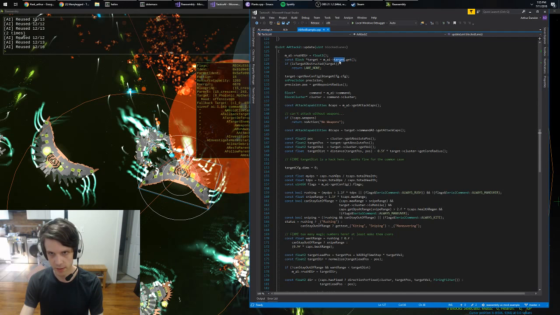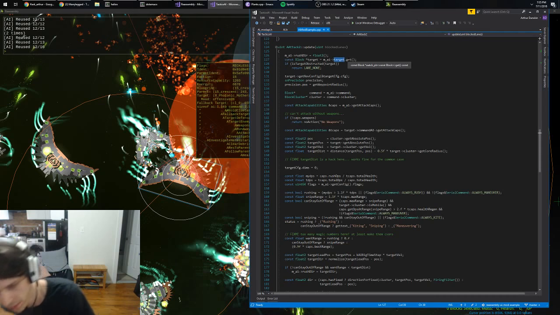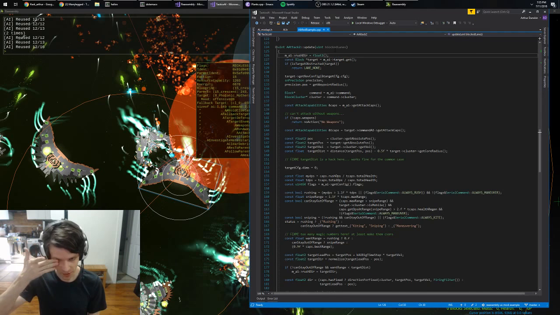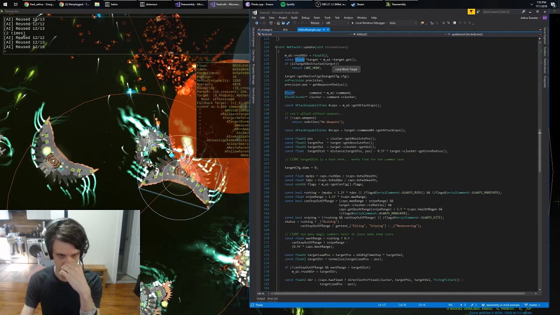And we're calling get here because this target is actually a kind of C++ smart pointer. If you're not familiar with C++ smart pointers, it's a kind of object that looks exactly like a pointer. And I guess if you're coming from C# or something, you don't even know what a pointer is. It's like a reference, right? In most modern programming languages, you don't have direct access to pointers, but you can just think of it as a variable which points to the target. So this is a reference to the command block of the target, and the watch pointer is